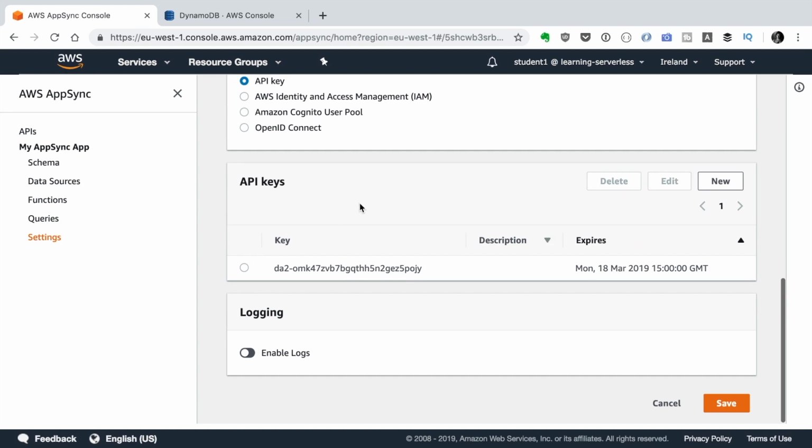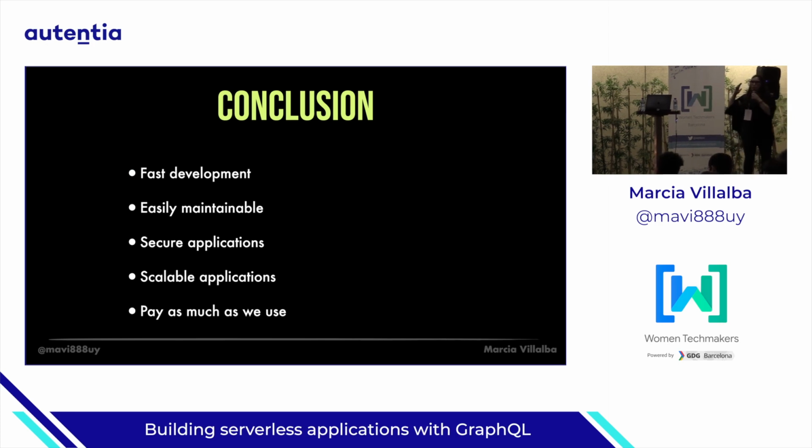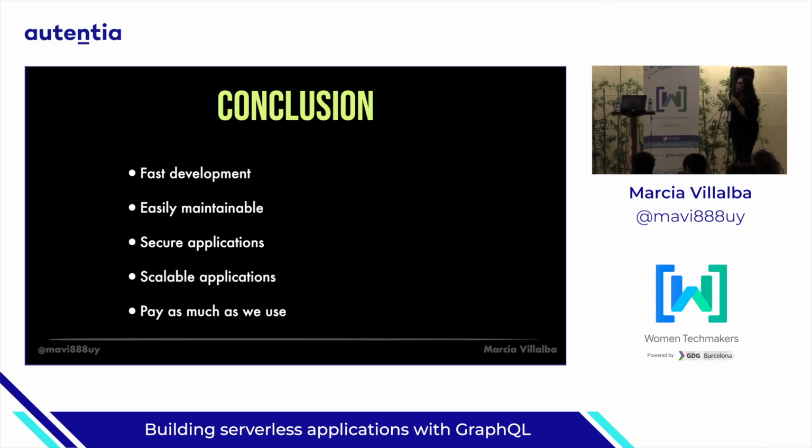If you want to build a Hello World application, it will take you, I don't know, from zero to something, maybe three hours to have a client and a backend and everything scaling up. So it's something really fun to start working with. And for production, I would not recommend you go to the console, but you can build all of this as infrastructure as code as well. So you can use CloudFormation, and you can build everything as CloudFormation, and that's how I go to my production.